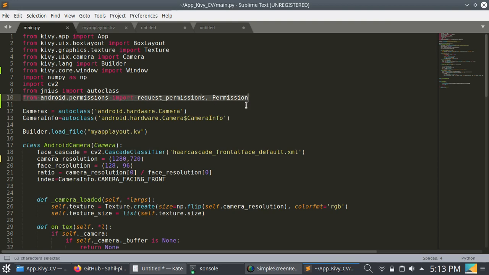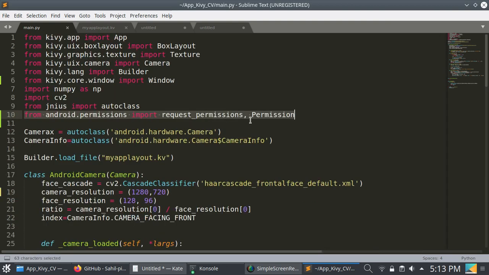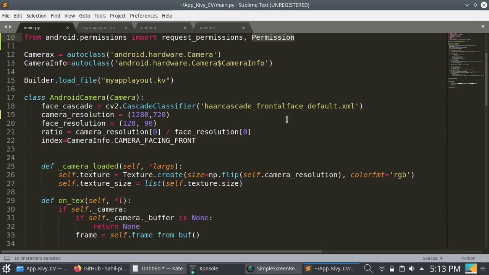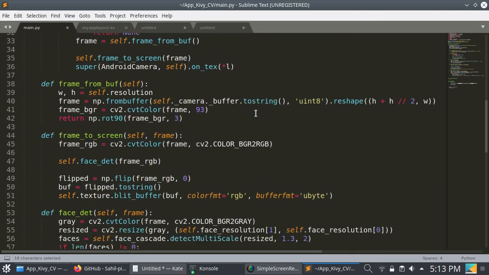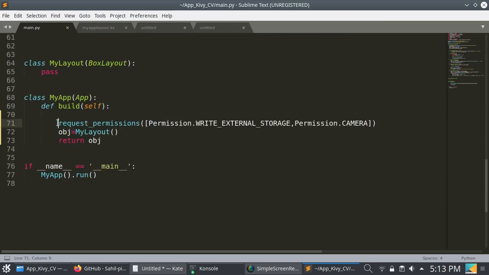Copy this. Let's increase the font size. Here I am using the request permissions function and taking permission from the user, the write external storage permission and the camera permission.